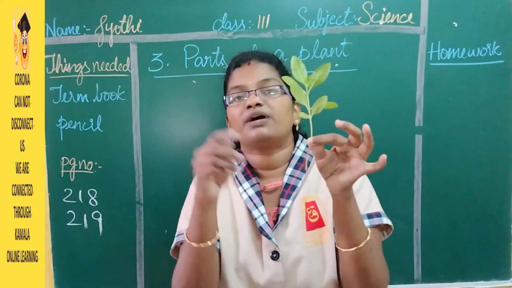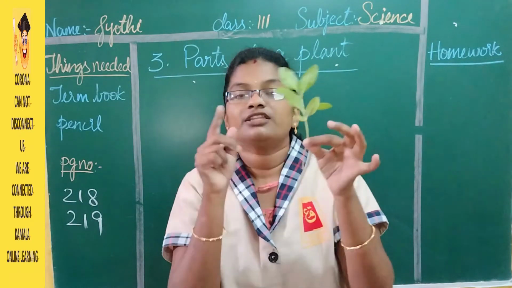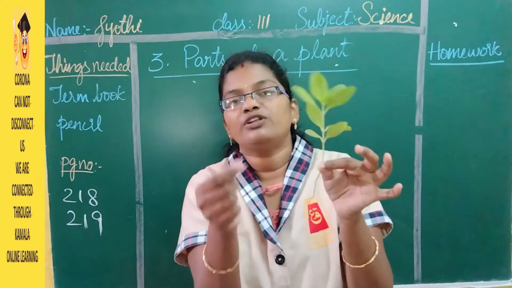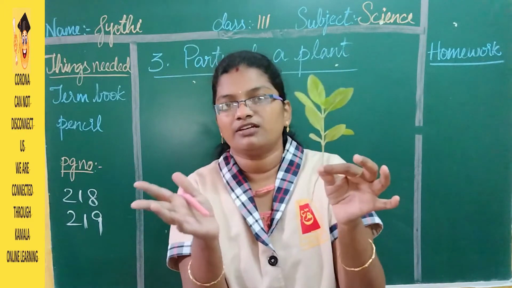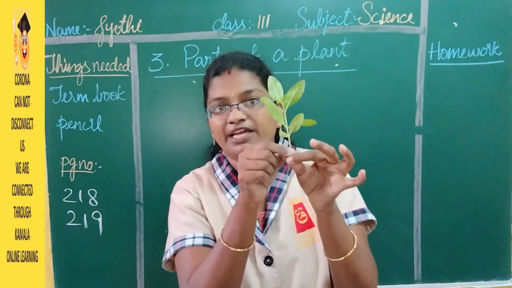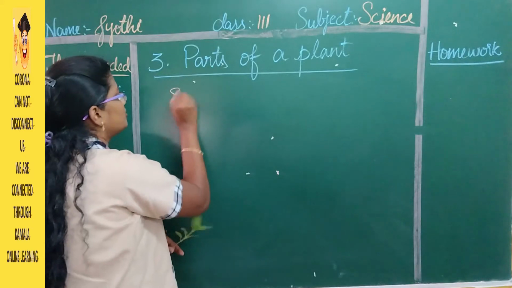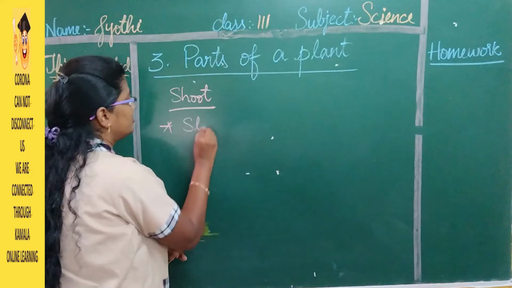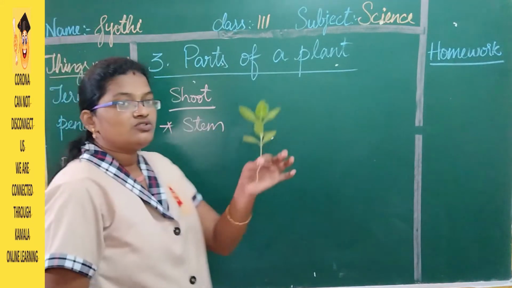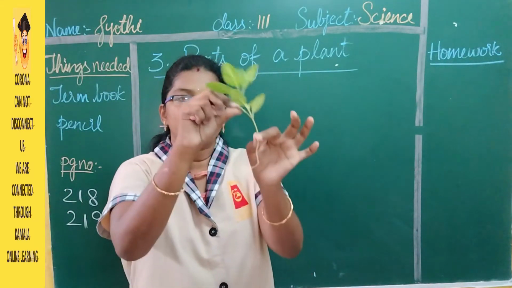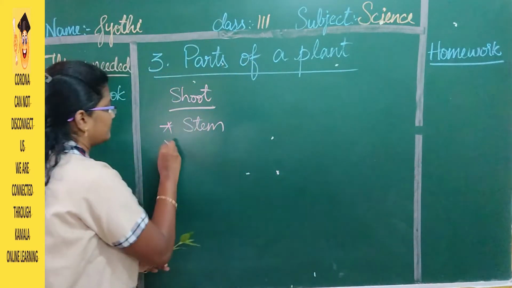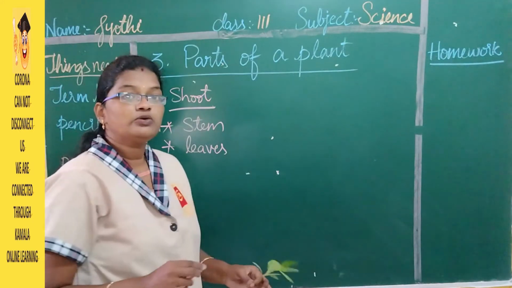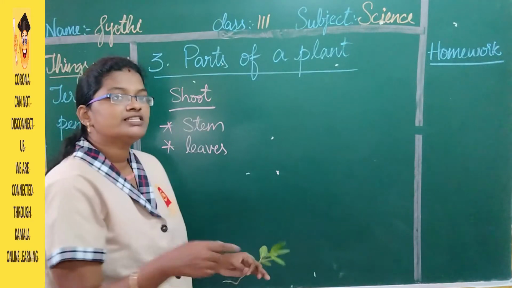Now in this shoot system, again you can see many different parts. The main part is the stem. If the stem is not there, there are no leaves, no fruits, no flowers, nothing. So the stem is the main part. So for the shoot system, these are the parts. First one is the stem. For the stem, again there are branches and these leaves. Leaves is the plural form and the singular form of leaves is leaf.